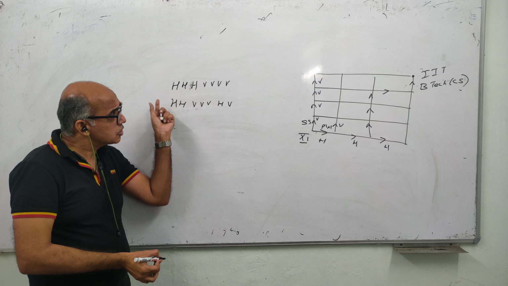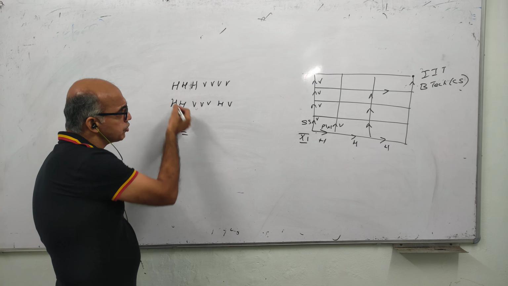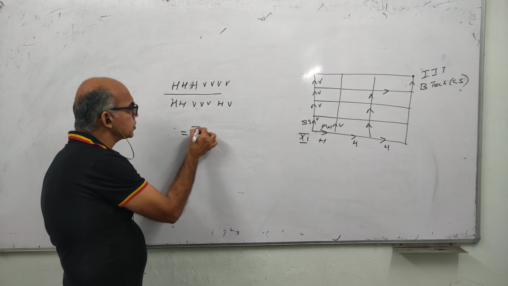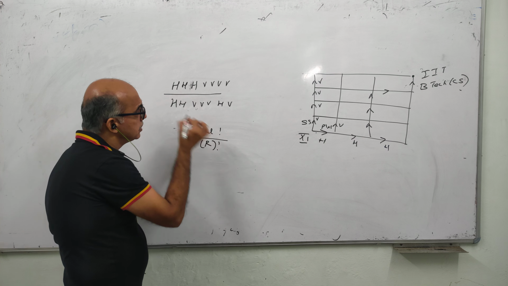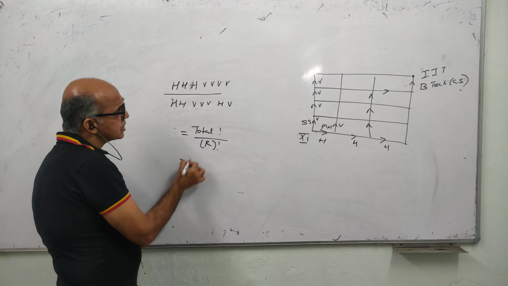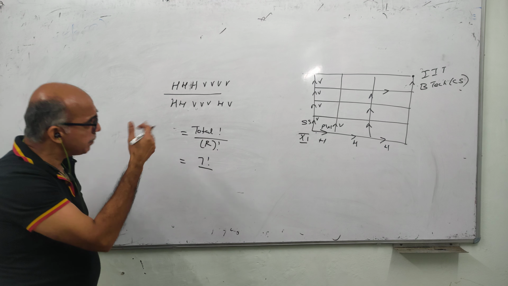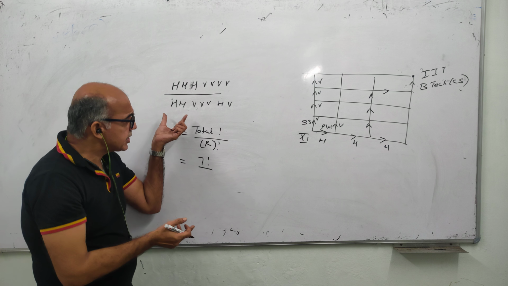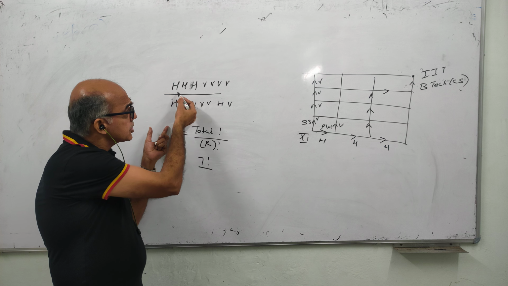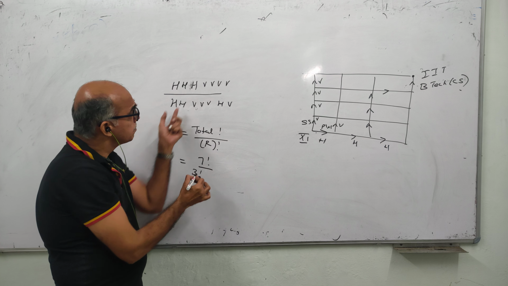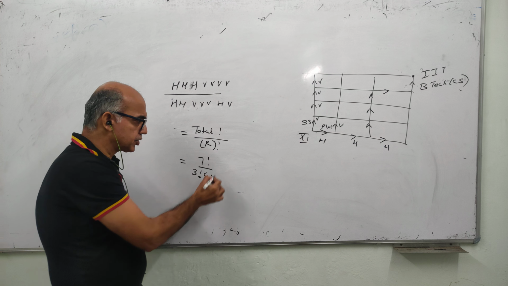So looking at it, the total number of ways of arrangement. PNC, we have the formula for repetition. The total factorial divided by repetition factorial. So what is the total? It's 3 plus 4, 7. 7 factorial divided by repetition factorial. अब repetition factorial की जब हम बात करते हैं तो हमारे पास repeat क्या हो रहा है? H 3 बार repeat हो रहा है और V 4 बार repeat हो रहा है. It's 7 factorial divided by 3 factorial 4 factorial.